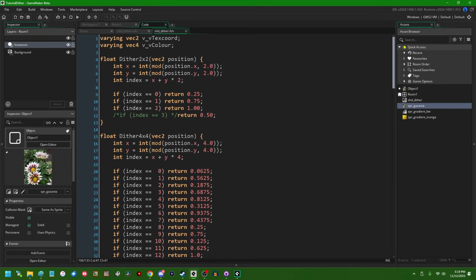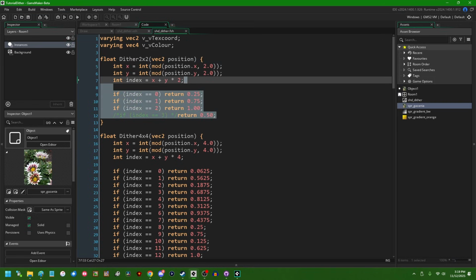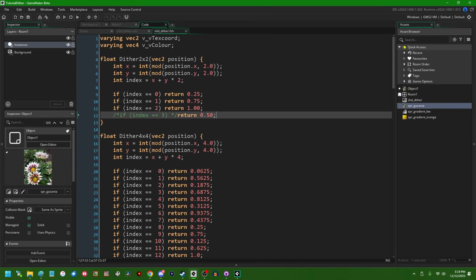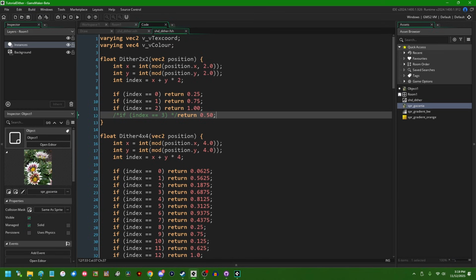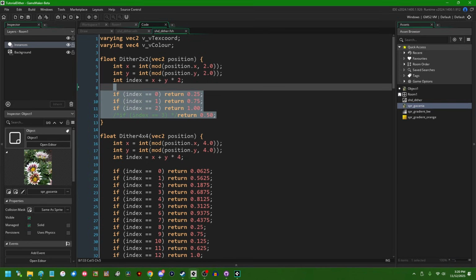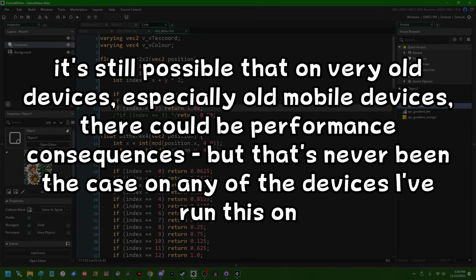And that's half true. It certainly can do that if you have really insane branching logic in your shader, but for simple stuff like this, on every device that I've ever run something like this on, it hasn't been a problem. What I believe the shader compiler will actually do is see something like this, which is very, very simple logic, and flatten it out into a structure which will avoid any actual instructions that cause a branch. However, if you do want to not have to look at all these if statements,